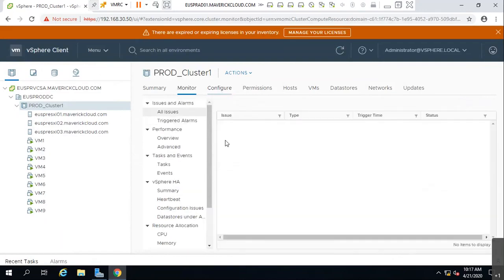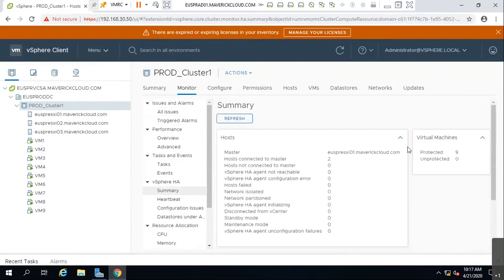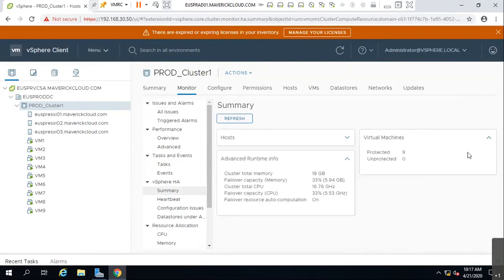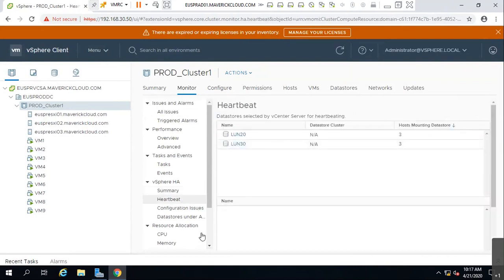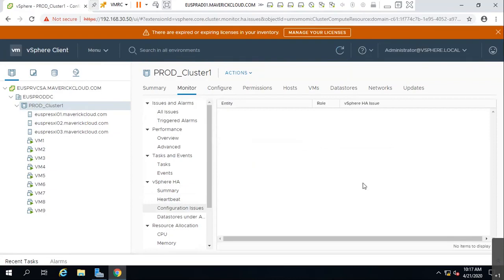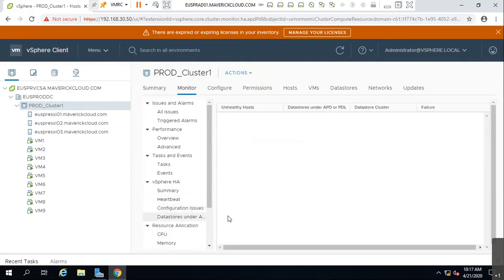Runtime monitor, okay, number of protected VMs 9, and runtime information, okay, heartbeat, these two, configuration issues, nothing, datastore, nothing. So somewhere I should see HA slots.